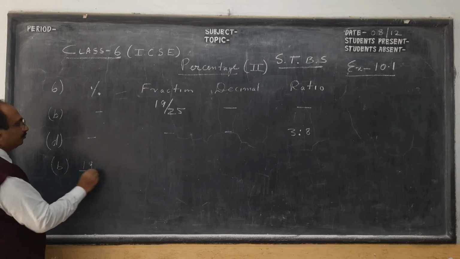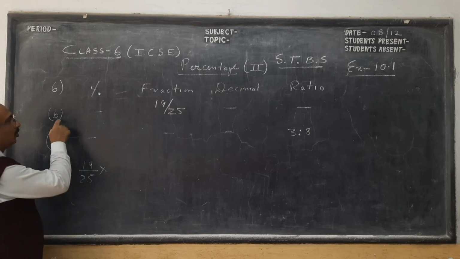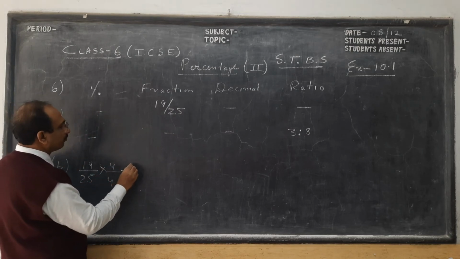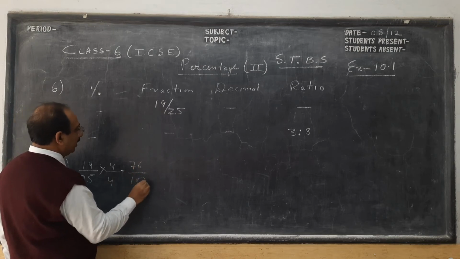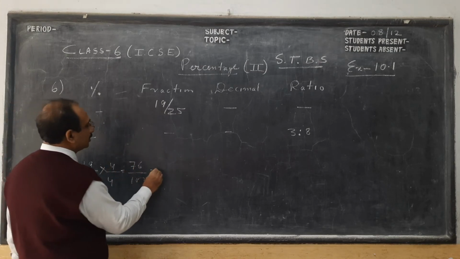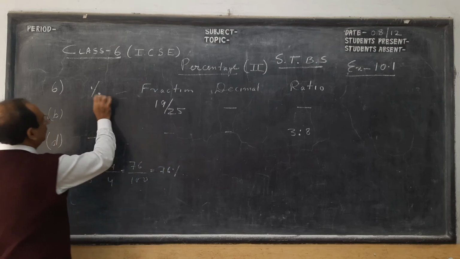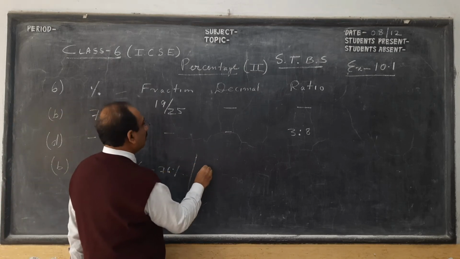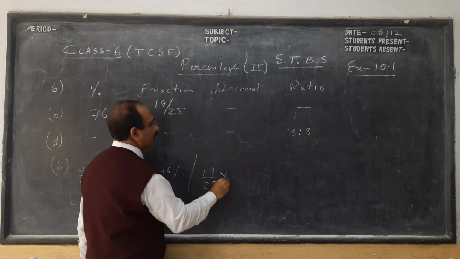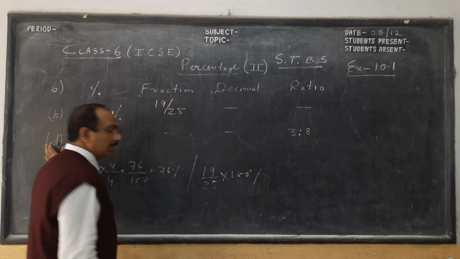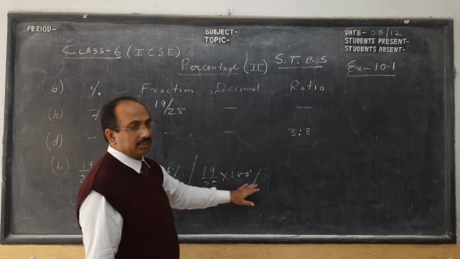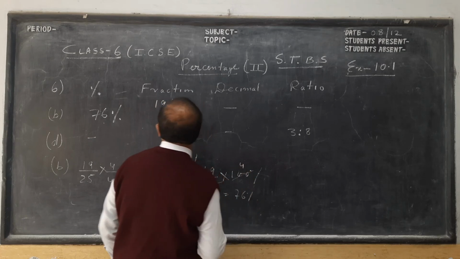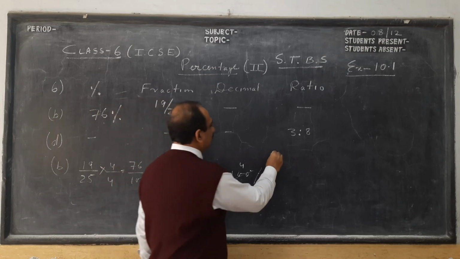First, we have a fraction we want to convert to percentage. There is a logical method also, children. You make the denominator 100. So this is nothing but 76%. There is method 2 also, children, here. 19 by 25, you multiply, you bring percent here. Recapitulation: when a percentage comes, it comes with 100%. This also gives you 76%. So we got 76%.